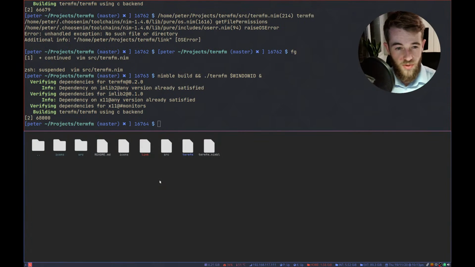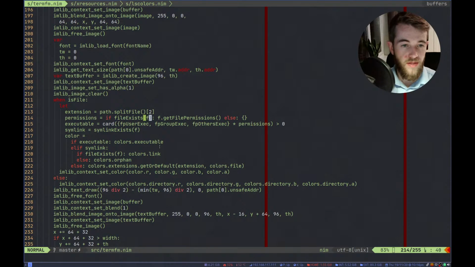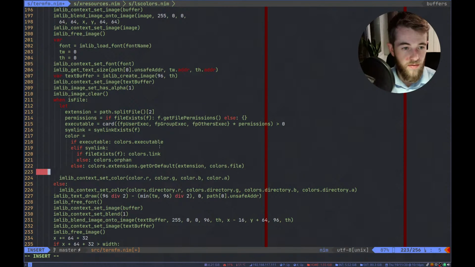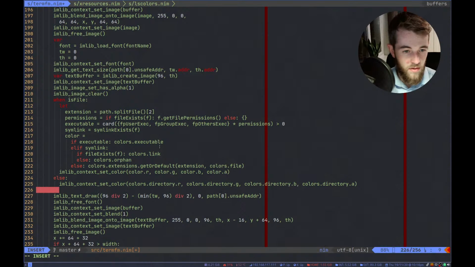So this should work. Yes, link is now red, but as you notice, icons and source are also here because we iterated twice with the same thing. So we need to check. Well, we can set the color, that's fine. But we should only do all of this stuff if